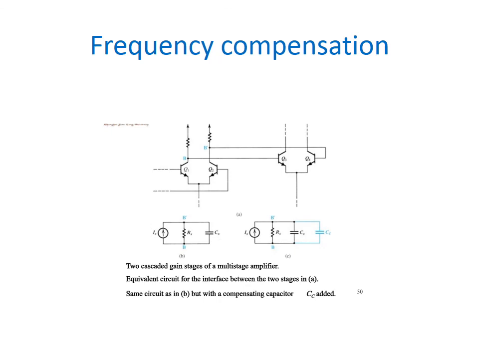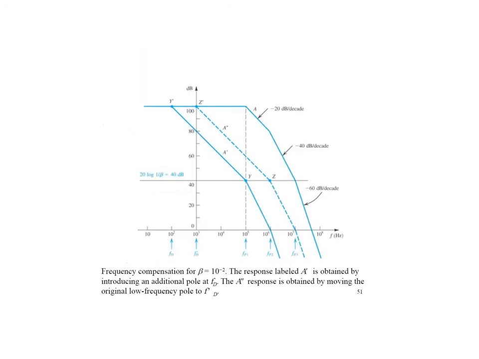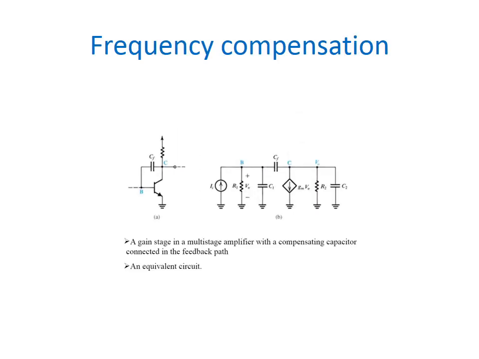So this is the two cascaded multistage amplifier and its corresponding equivalent circuit. In the corresponding equivalent circuit we are going to include compensating capacitors. This is the frequency compensation represented for beta equal to 10 power minus 2. Here the response A dash is obtained by adding a pole at FD. Similarly, the A double dash response is obtained by moving the low frequency pole to F dash. So in the multistage amplifier we are including a compensating capacitor in the feedback path and the corresponding equivalent